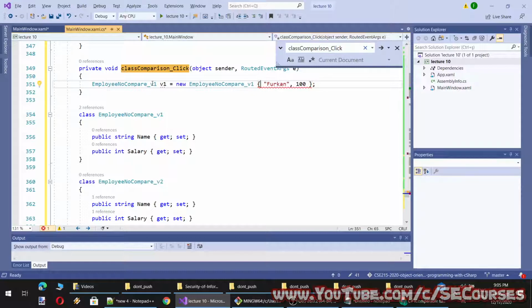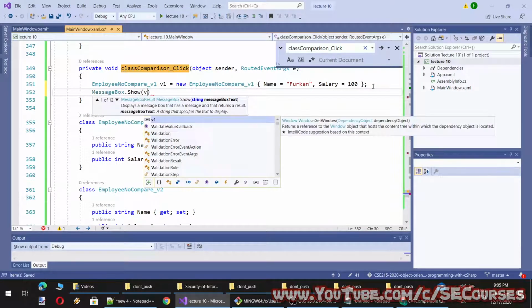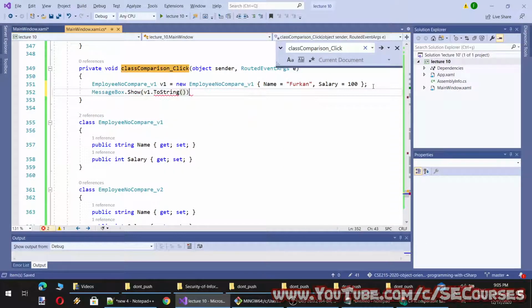I think I have to provide the variable names. So if I do like this, v1.ToString, let's see what we see.